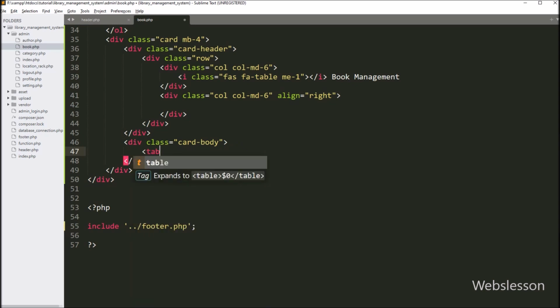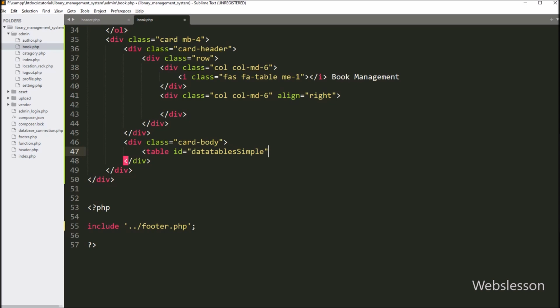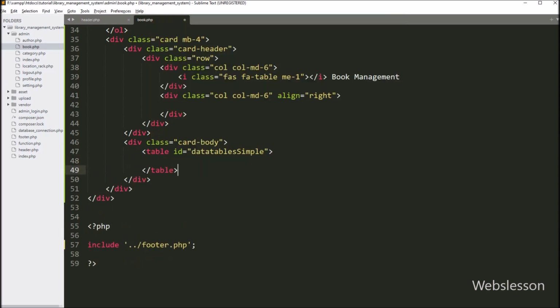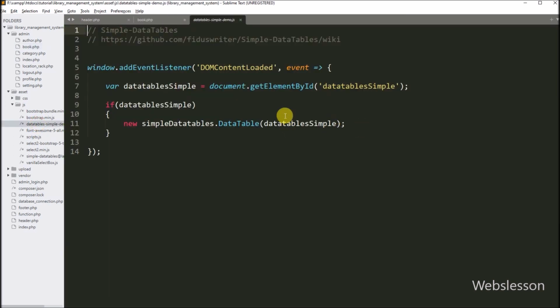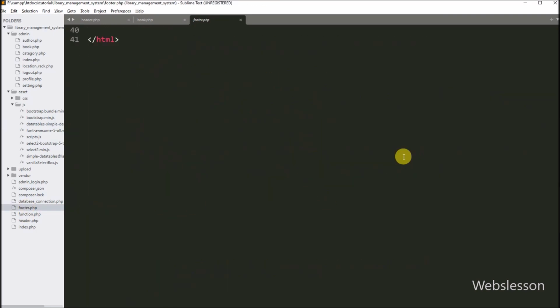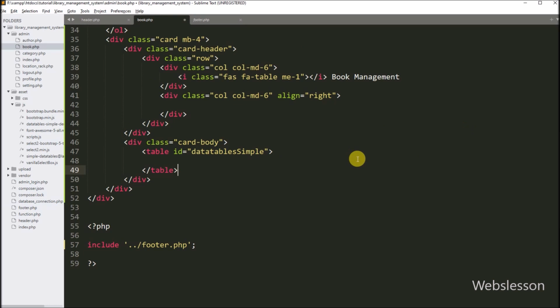After this, we go to the HTML code part, and here we create one table with id equal to datatable simple. So here we will use this id value to initialize the JavaScript data tables plugin. And we have already written the JavaScript code to initialize simple JavaScript data tables. So if you have not seen video tutorial number 6, first watch that tutorial, in which we have described how to convert a simple HTML table to a fully functional data table.